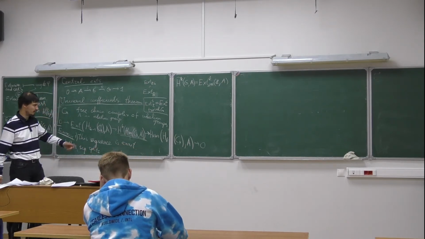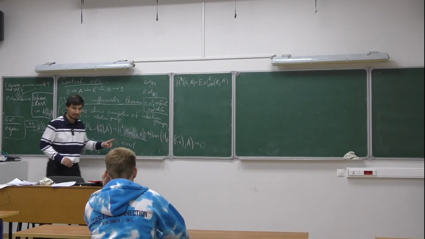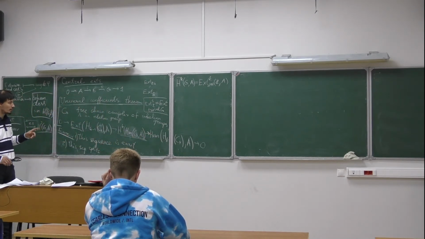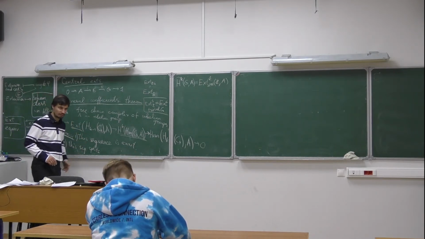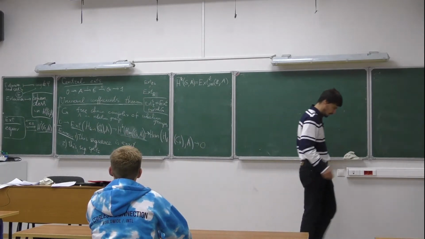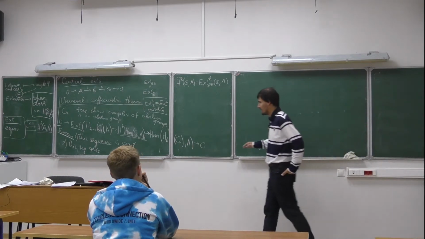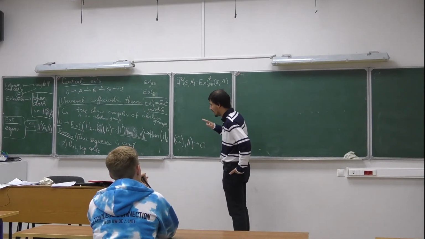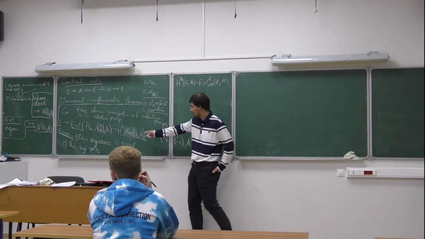Splits means that, in fact, this group is a direct product of this and this. But once more, the splitting is not canonical. So it is isomorphic, but we cannot choose this isomorphism to be canonical, to be functorial. Okay, and of course, now,